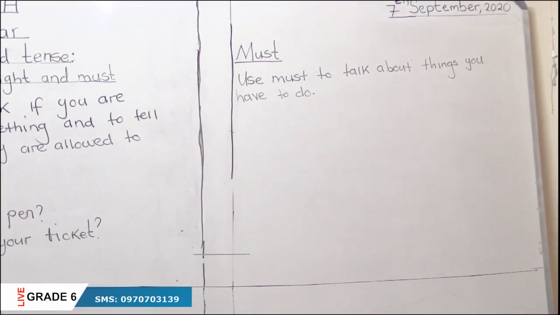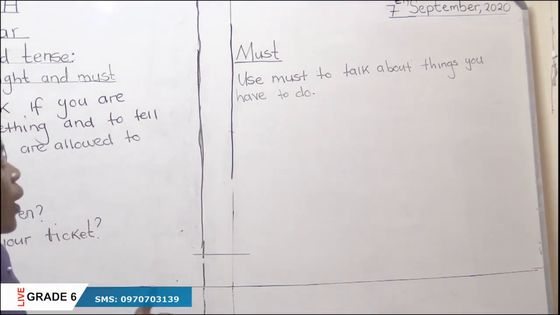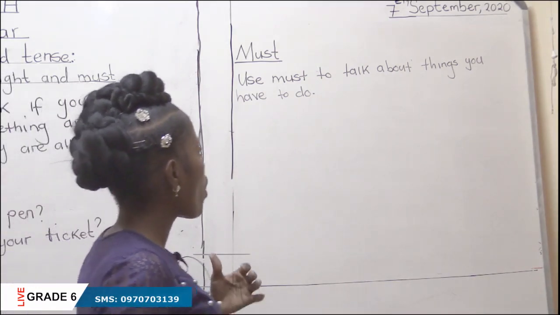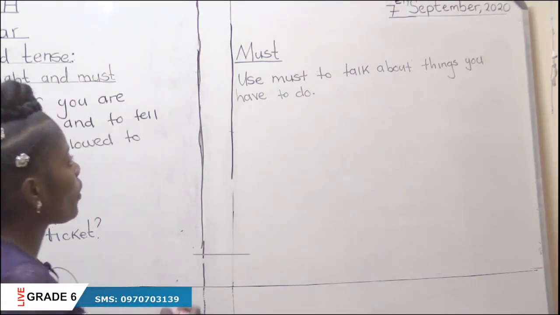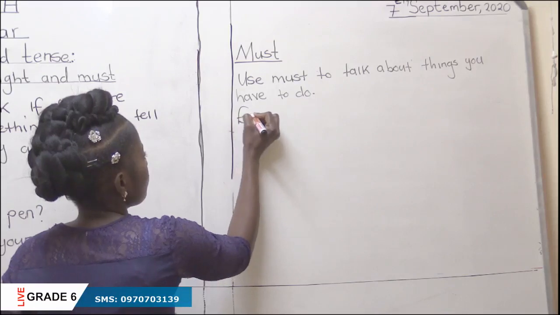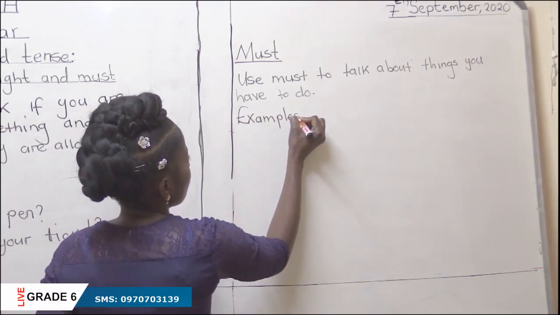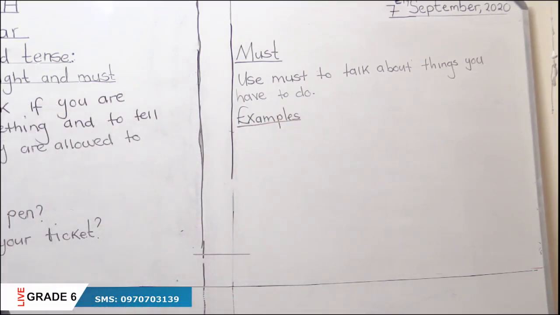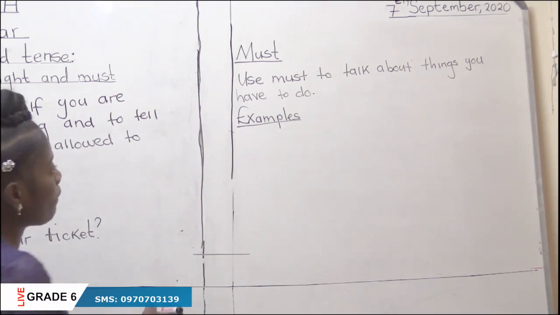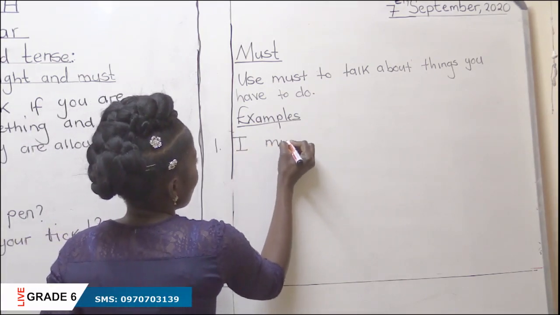So I'm saying we use must to talk about the things that you have to do. The things that you're supposed to do, use the word must. Let me give you examples on how to use the word must. For example, example number 1, I must